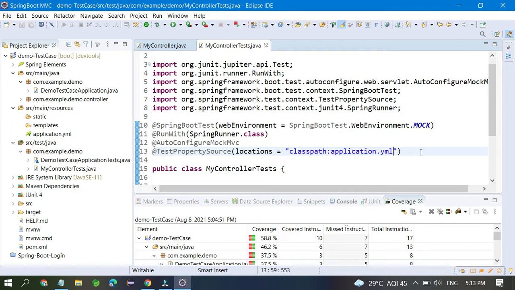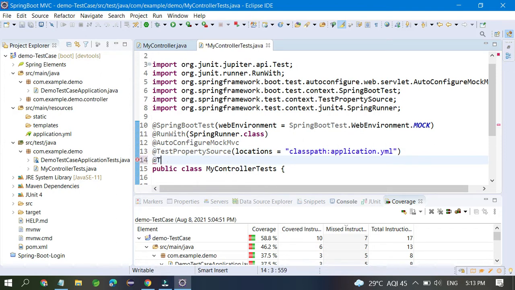Okay. Another thing is how you can do something better, like TestMethodOrder, OrderAnnotation.class. For example, you have so many methods, and you want to fix all those methods in this order.